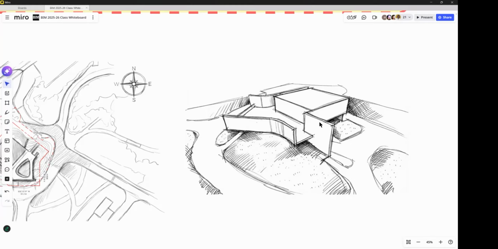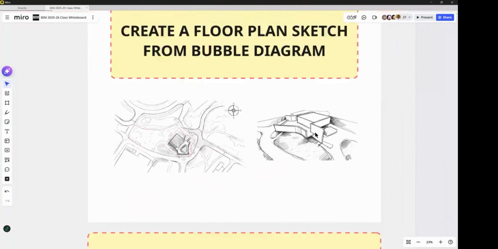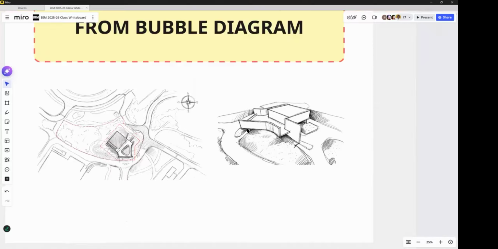And what we're going to be doing is using SketchUp to turn this sketch into a massing model, and then we are going to evaluate climatic conditions, like, how does the sun affect it? Remember, it's an exhibition pavilion.